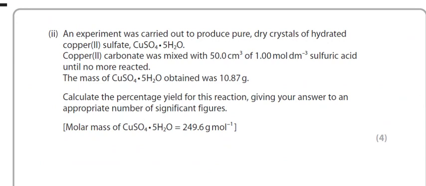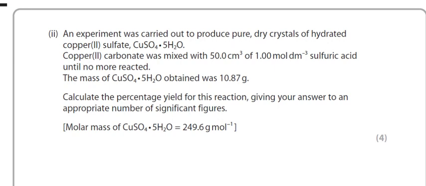An experiment was carried out to produce pure dry crystals of hydrated copper 2 sulfate pentahydrate. Copper 2 carbonate was mixed with 50 cm³ of 1 mole per decimeter cube sulfuric acid until no more reacted, right? That means you are adding the copper 2 carbonate in excess. Sulfuric acid is limited. That's very important, because if you have excess copper 2 carbonate, you can easily filter off the solid copper 2 carbonate. But the problem is, if you accidentally add excess sulfuric acid, that will be a